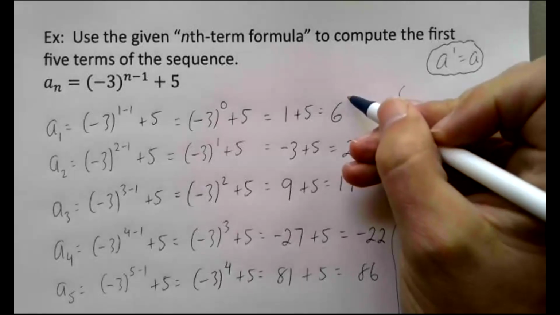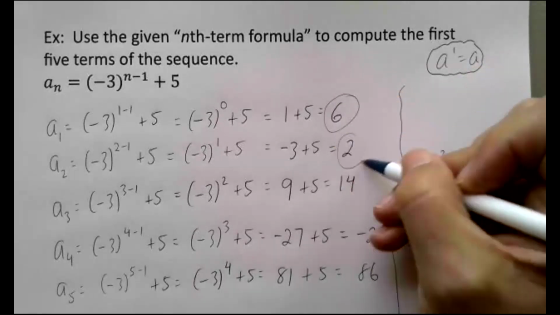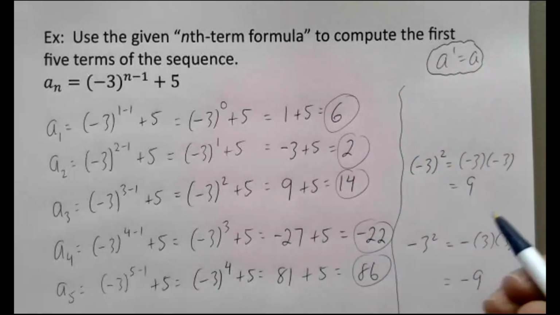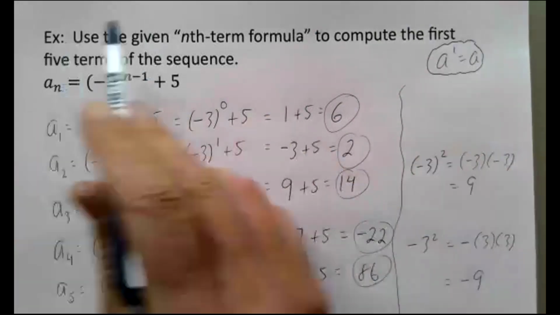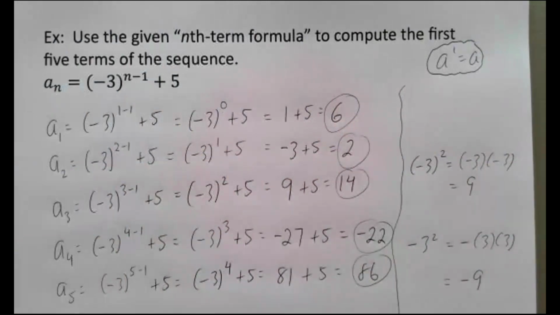Okay, so again, my answers are these things, right? A sub 1, A sub 2, A sub 3, A sub 4, A sub 5. That's what this question wanted me to compute. We're going to move on to our last example here. Our last example is,